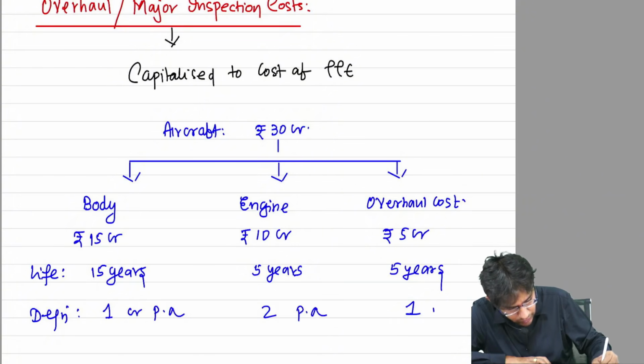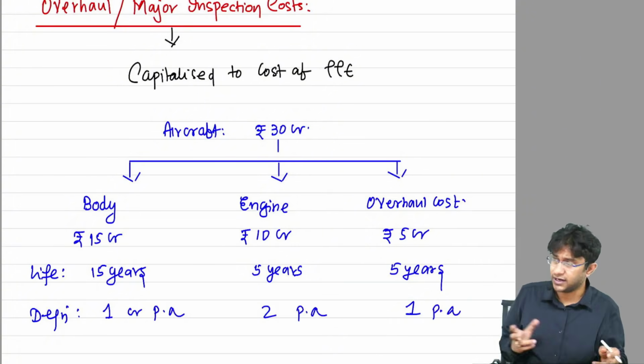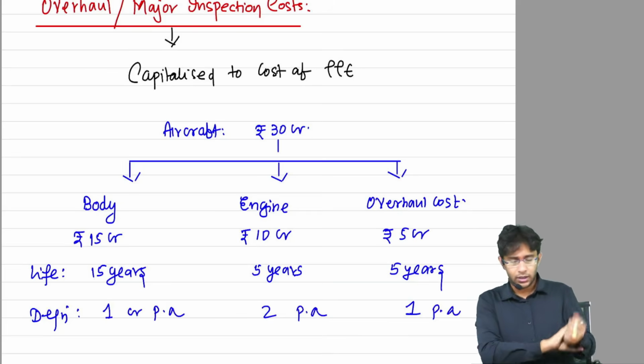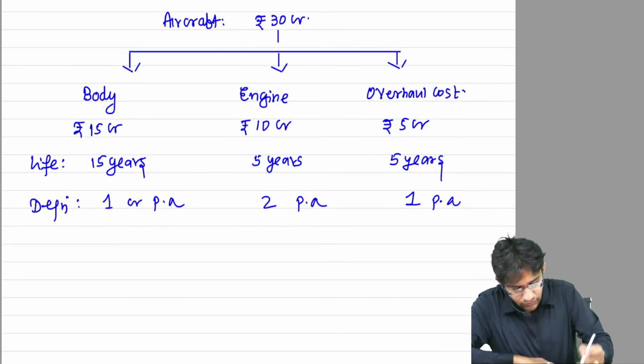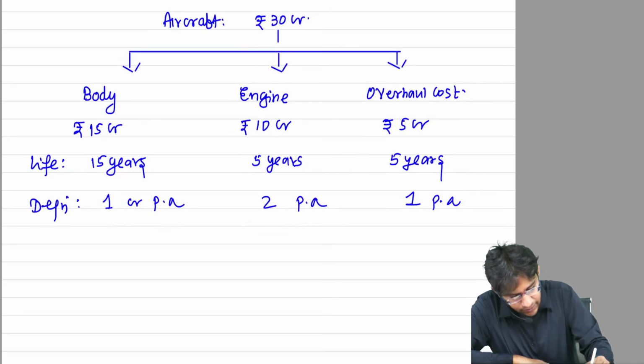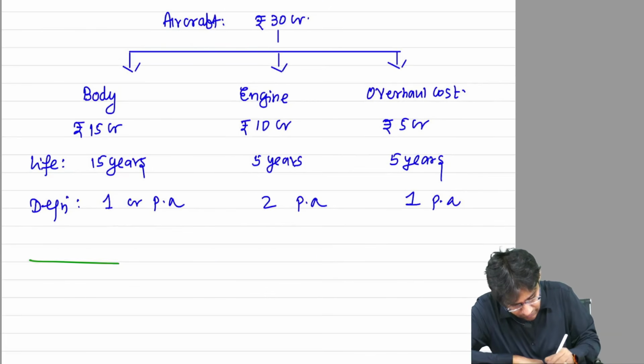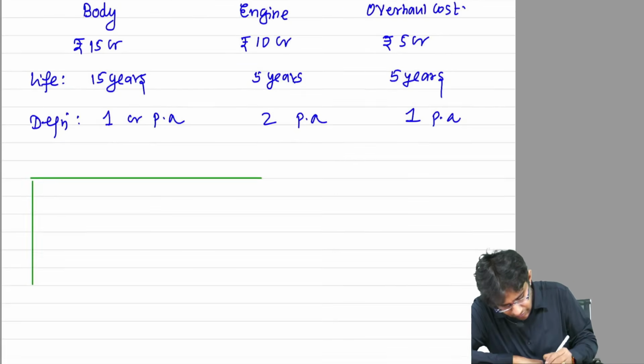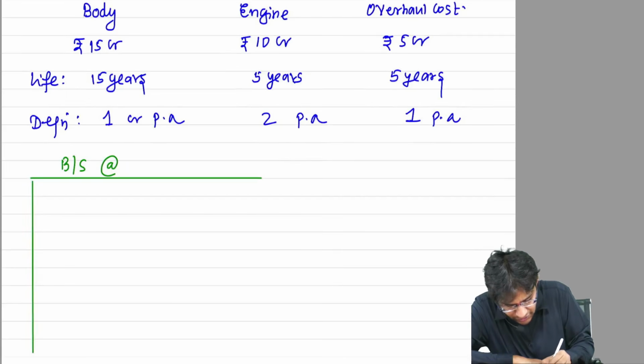Here also 1 crore per annum, here also 1 crore. Straight line method, simple. Now, sir, again, just like the previous sum, I want you to visualize your balance sheet at the end of year 4 again. In your balance sheet,